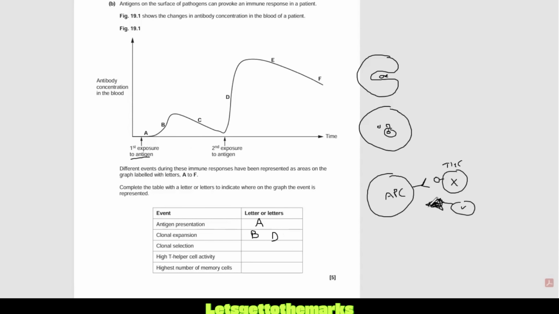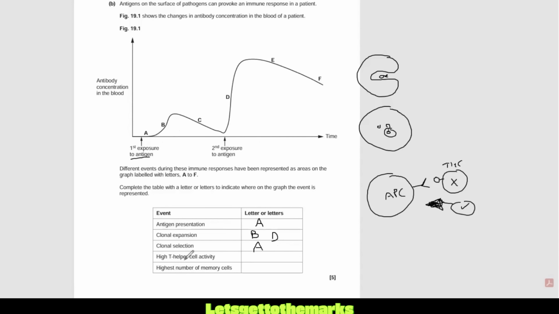So yeah, we're going to come across the right T helper cell, which has the right shape. That's the clonal selection. And that, guys, is going to be happening at A. That's when clonal selection has happened. Clonal selection is not happening at B and D because once you've found the correct clone, you're then expanding the clone. You're making copies of it. You're doing mitosis. So by the time we get to B and D, you have found the correct clone. So we're going to go clonal selection at A. There's no letter here for any clonal selection, so we're just staying with that.